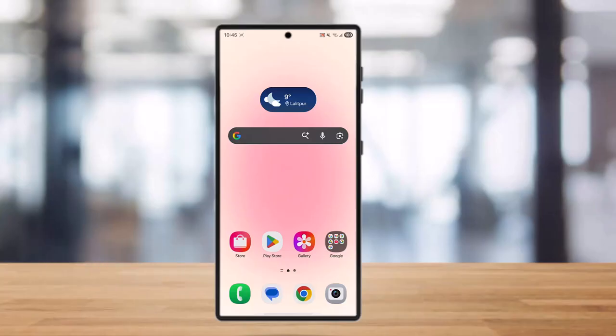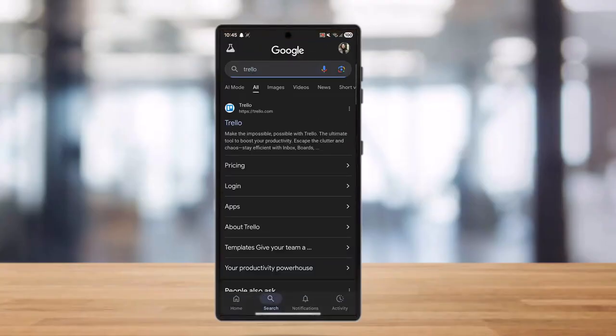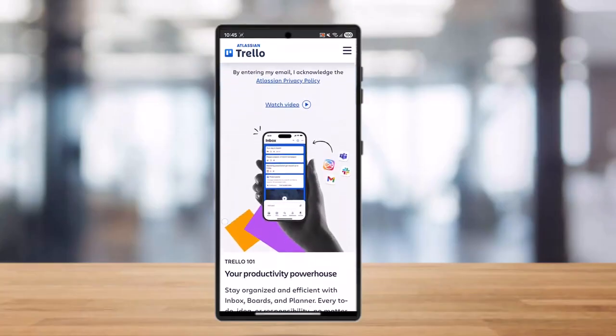So if you want to use labels to organize your Trello boards, all you can do is simply go to your Trello. Once you are in your Trello, all you can do now is simply tap it and log into your account. After this, you need to first add and name labels to a card by opening a card